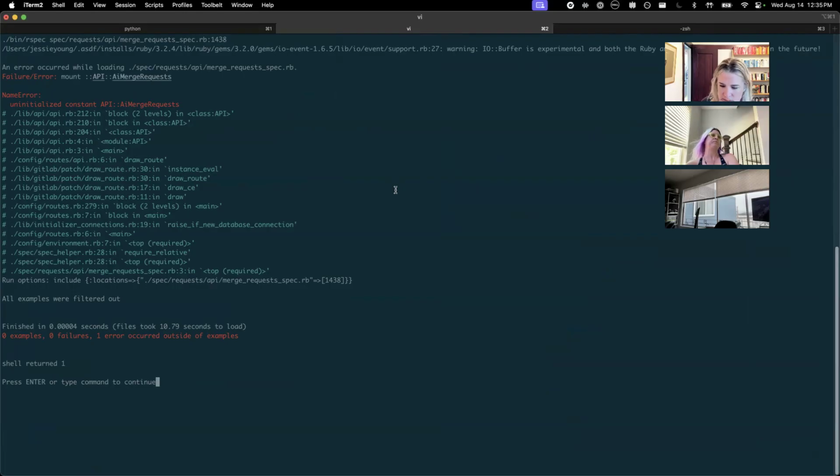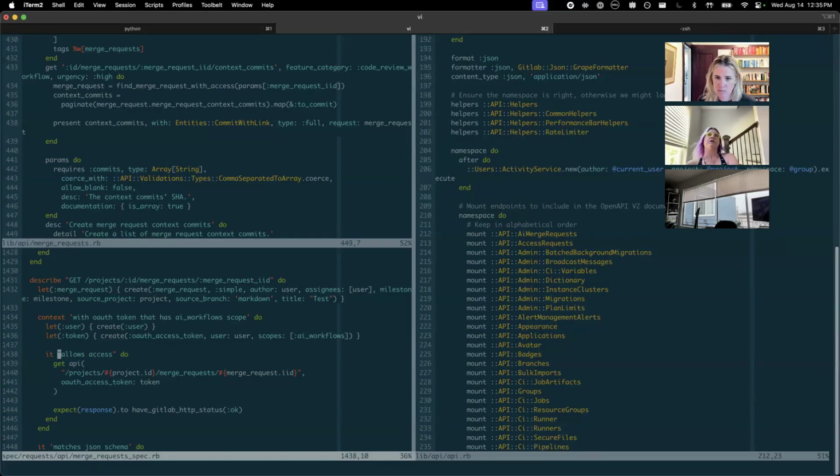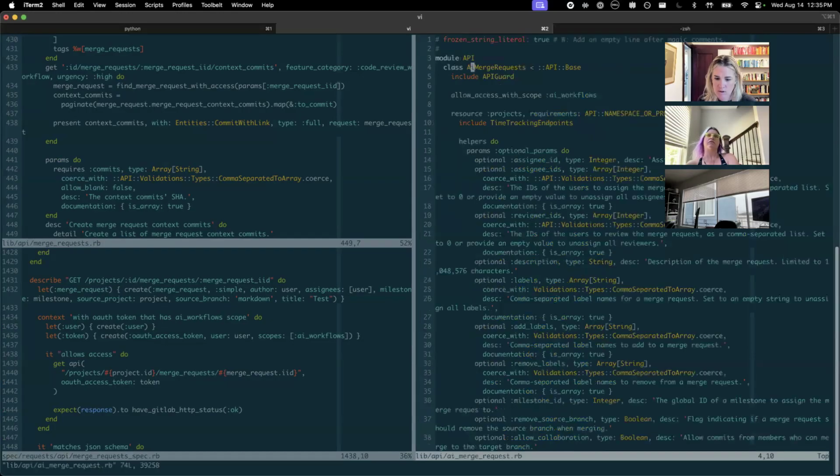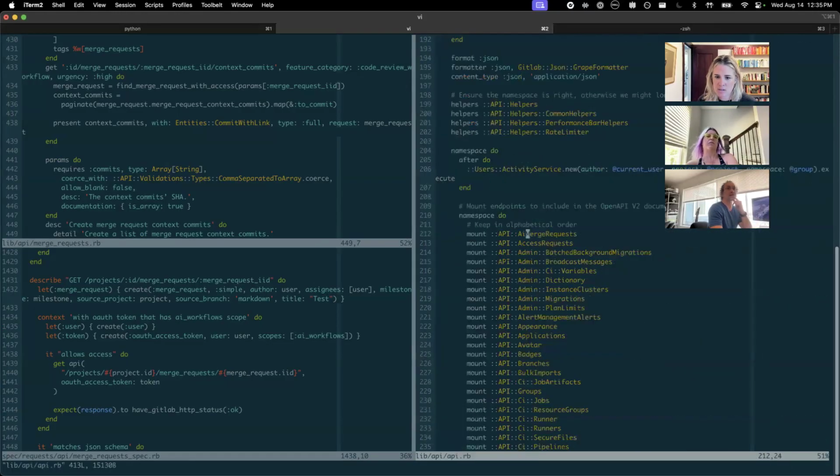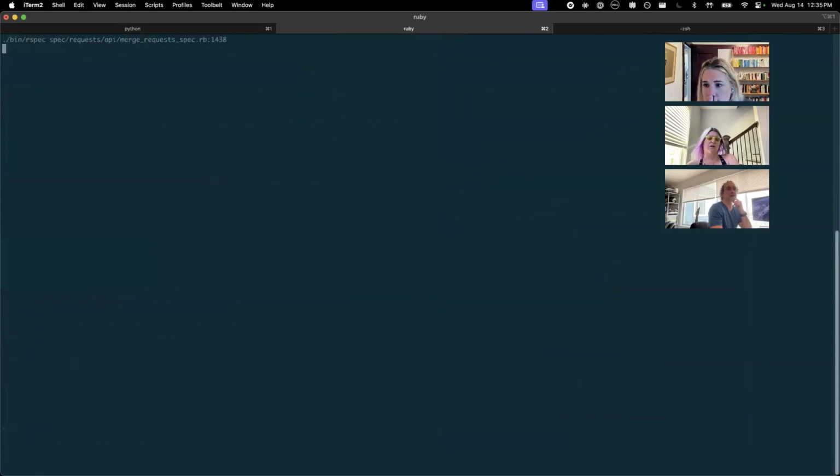Uninitialized constant. Okay, I think it just needs to be AI merge. Or let me just call this request. I think it doesn't like that the name doesn't match. Oh, yeah, probably. So the other thing I was looking at, if you really don't like the